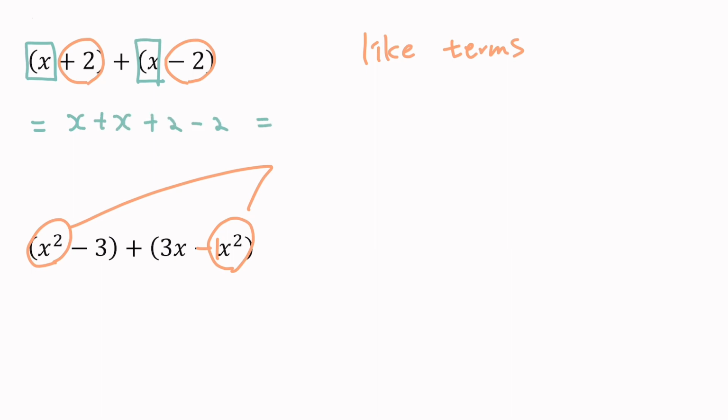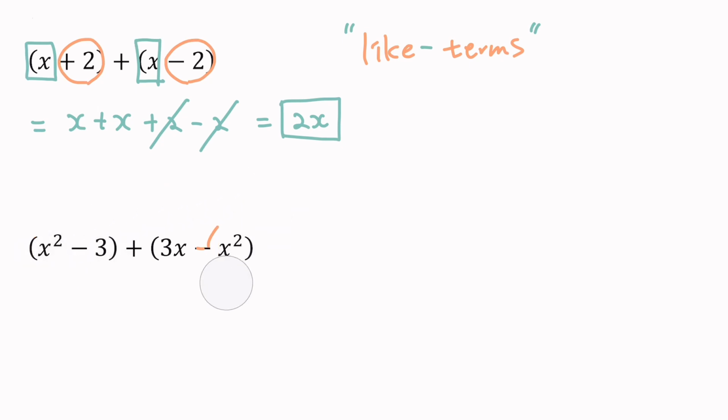And if I go ahead and compute this, I can get rid of plus 2 and minus 2 because they are equal to 0. I end up with 2x, and that'll be the answer for the first question. So by combining these like terms, I can simplify the expression and come up with a much simpler expression. So for the second question, I can